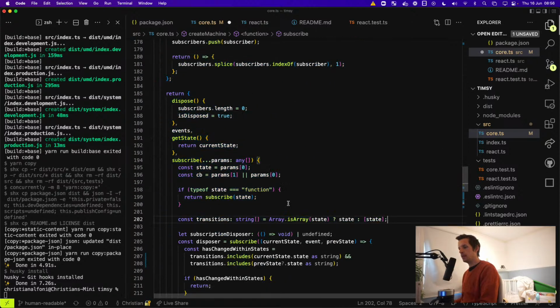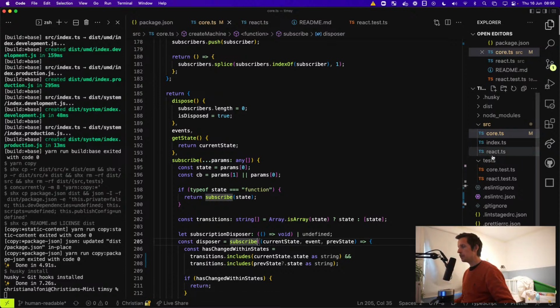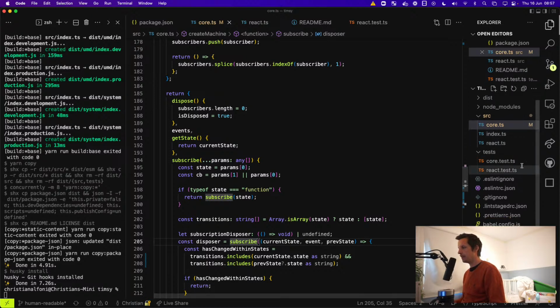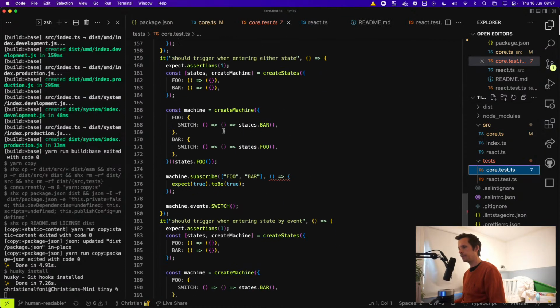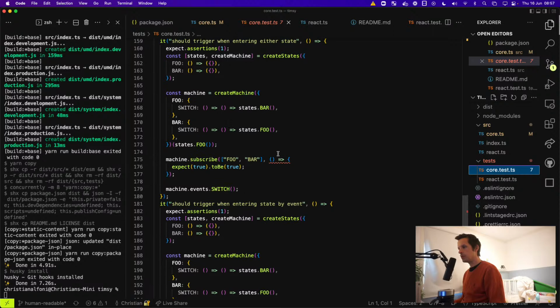What I realized is that everything we tried to express with transitions was based on the completely separated state and events. Like this is Timsy, so we talk about events here. But we're actually able to infer the exact transitions that are possible to do, which is amazing. So you don't have to reason about these transitions. They're just given to you based on your definition. So if we go in here and we look at these subscriptions,